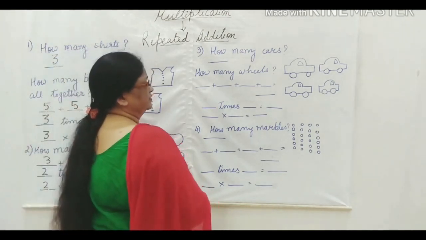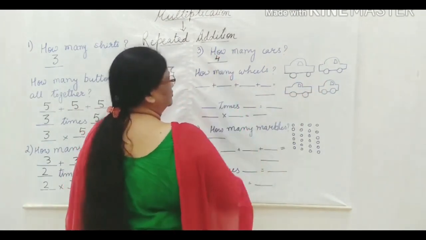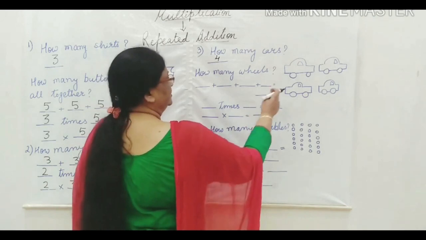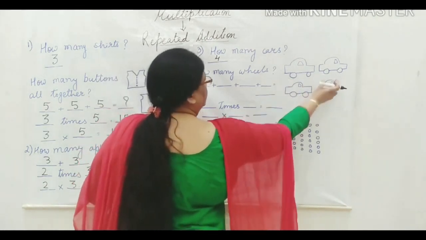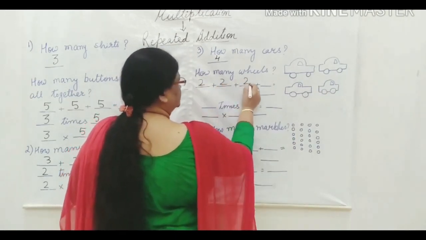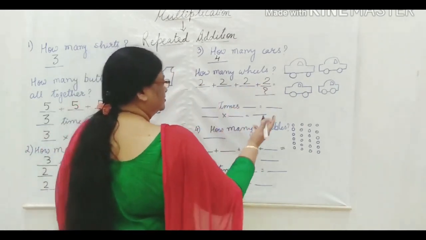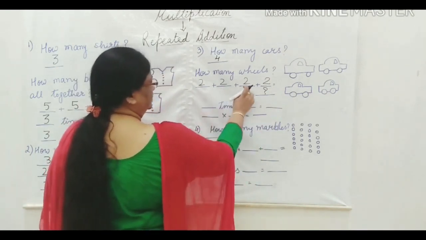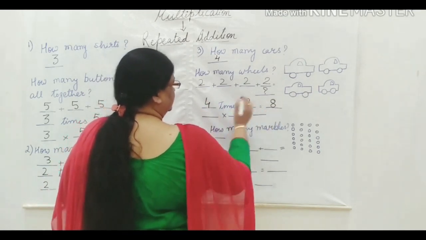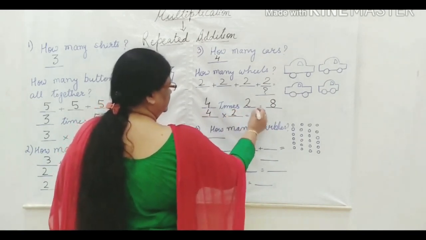Now next, another one. Now you see how many cars are there? 1, 2, 3, 4. So 4 cars are there. Now we have to count the wheels on the cars. Now let us see how many wheels. 2 here, 2 here, 2 here and 2 here. So let us add it: 2 plus 2 plus 2 plus 2. And how many? We don't know. Either we add it on our fingers, or let us do how many times 2? 1, 2, 3, 4. So 4 times 2. 4 times 2 is 8, or we can write in this way: 4 multiplied by 2 is equal to 8.